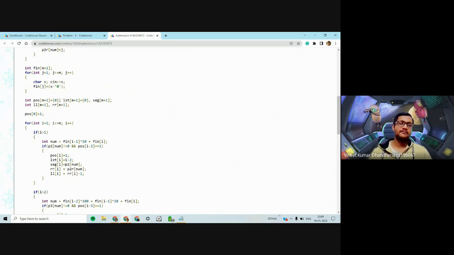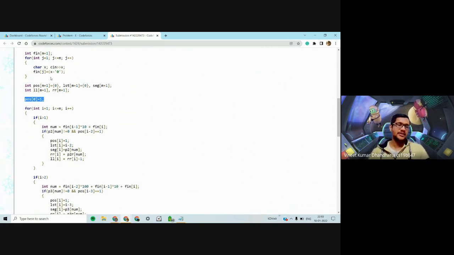We define position of i as a DP, which indicates whether it's possible to make the subsegment 1 to i of the new string using just the old numbers. We define position of 0 as 1, because it's possible. It would be 0 or 1: if you can make it, 1; if you cannot, 0.